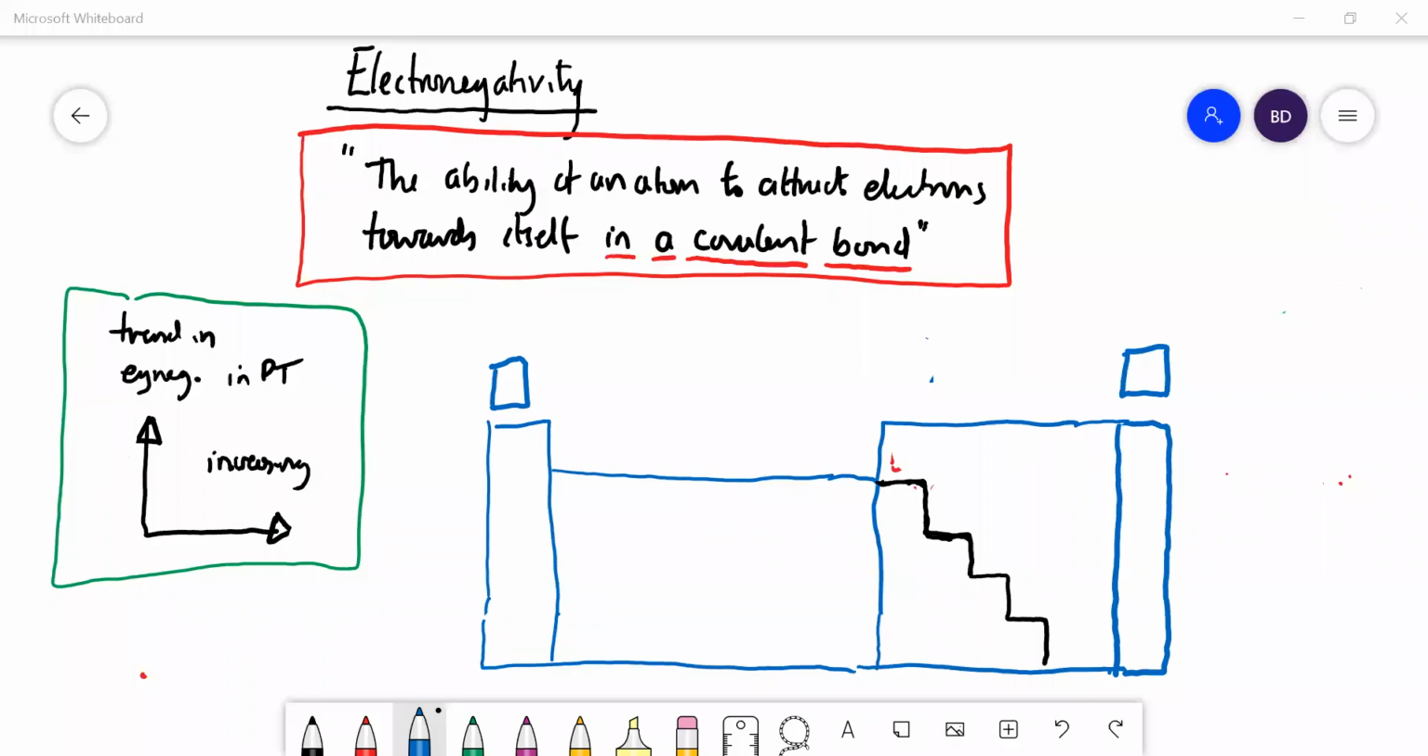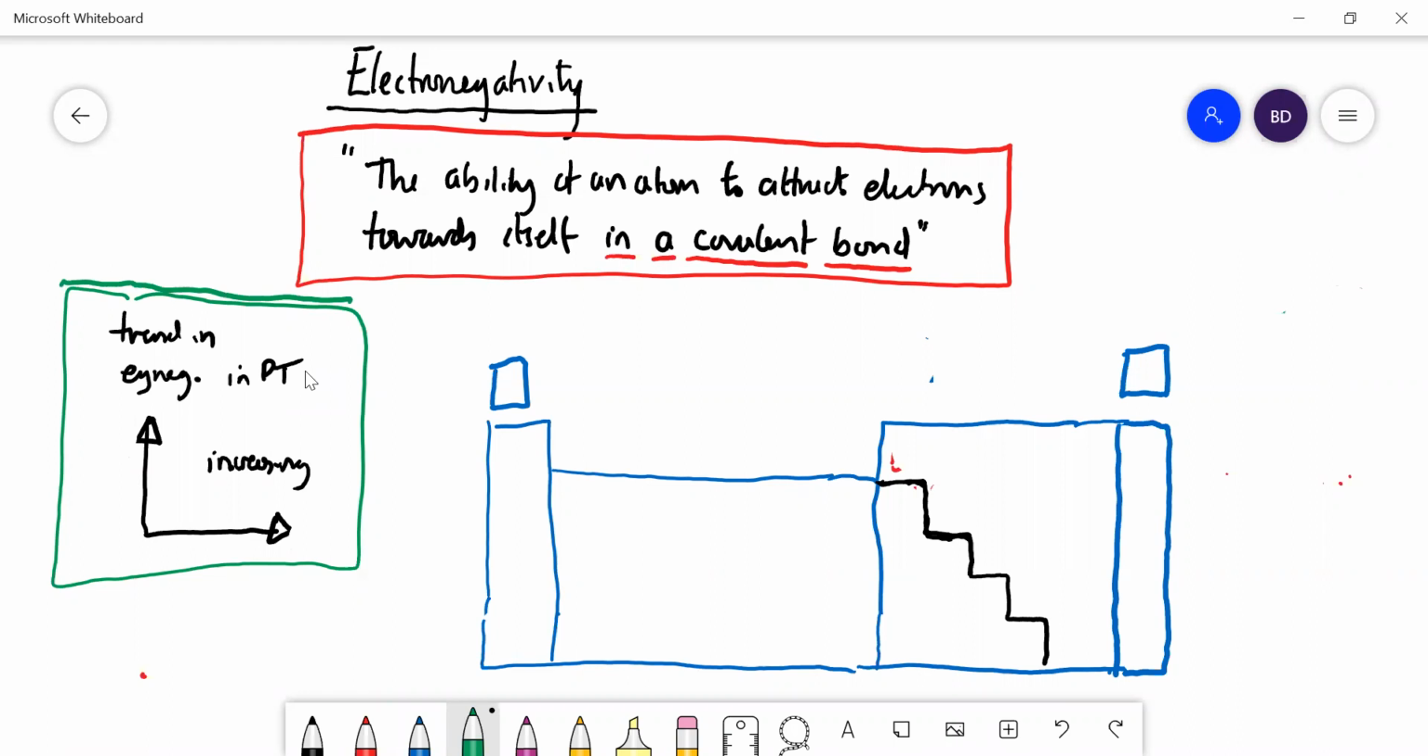Okay, let's carry on talking about electronegativity. Electronegativity is the ability of an atom to attract electrons towards itself in a covalent bond. We said, if we think about the trends in the periodic table, over here in this green box,